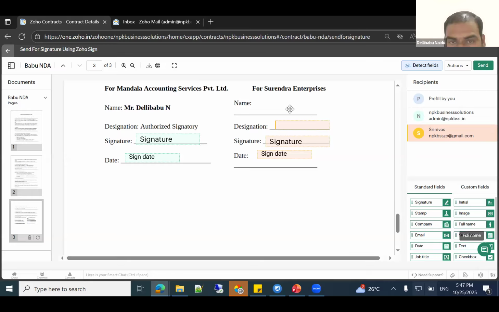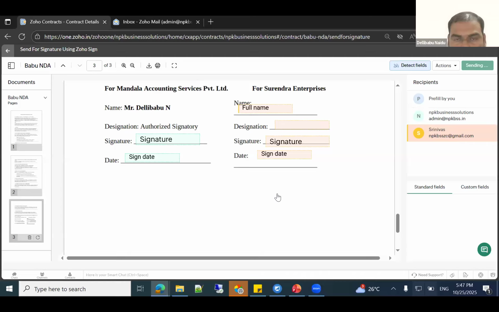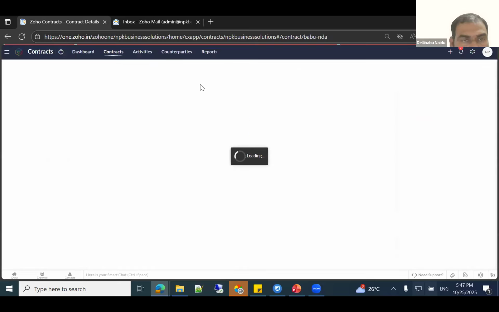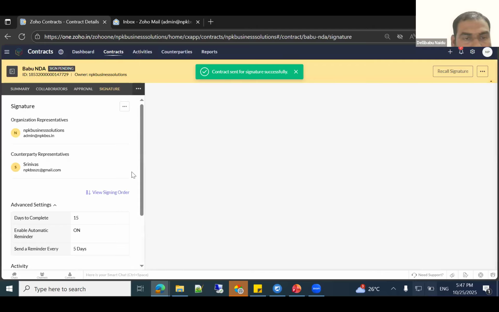Then full name. Okay, these are all the fields that the respective person has to fill. Okay, then I'm sending for signatures.